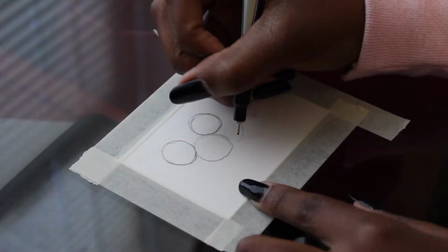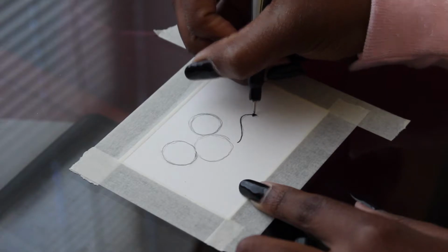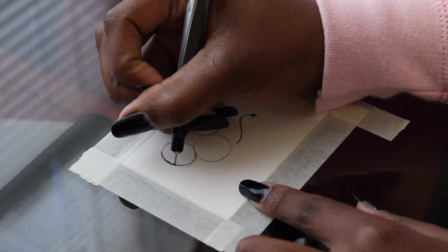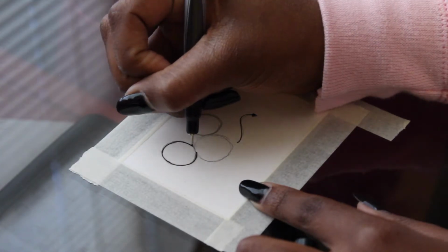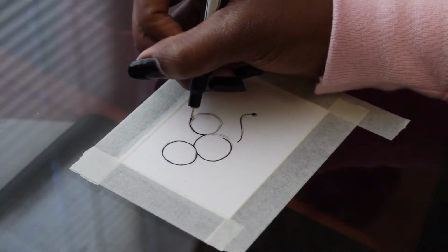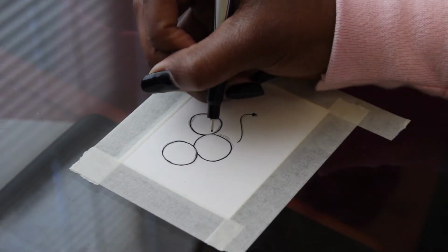Then it's all good. A Sharpie or something else that's like a black ink pen. Sharpies aren't waterproof, so don't use any water on this. We're also going to give him a little devil tail because Disney is evil. I just know they